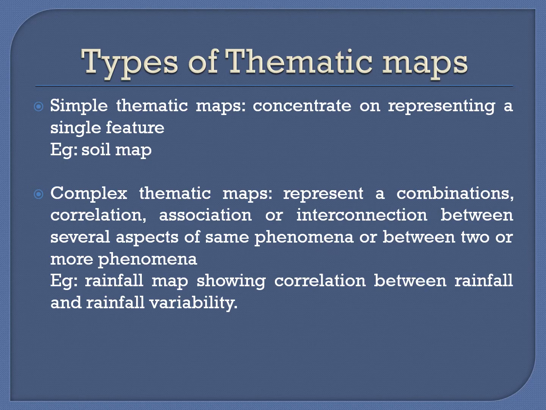While moving to the complex thematic map, it represents a combination of several aspects of the same phenomenon. Consider, for example, that every year during the monsoon time, you will be able to see in our newspapers or on various websites that they are showing how much rainfall or what is the average rainfall of that region. So that is a rainfall map. At the same time, they will be showing how much the rainfall varies from the previous or the average years. You might have seen many a time, minus 30% or plus 30%. It shows how much the rainfall has varied from the previous or the average years. It's a type of complex thematic map.